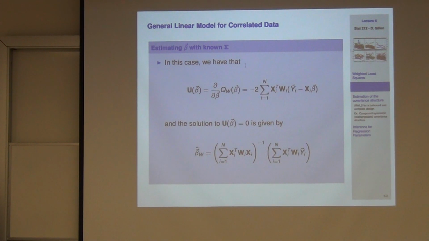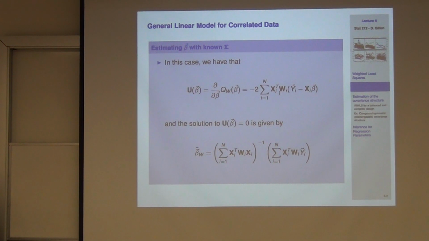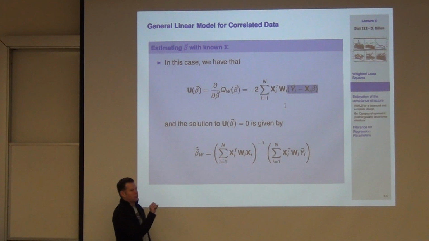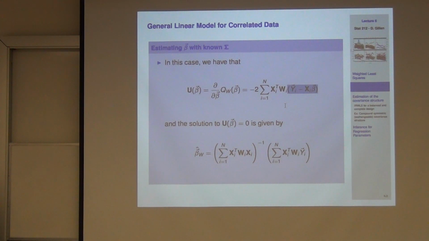All right. So the estimating function that we would get from trying to minimize that sums of squares is going to look familiar to you as minus 2 times the sum of the design matrix transpose for the ith cluster or sampling unit, times wi, my weight matrix, times yi minus xi beta. Again, that nice form of being linear inside of yi. So this is just a weighted first order estimating function. If you set that equal to 0 to obtain an estimating equation and solve, you're going to get a weighted estimate of the beta hats.